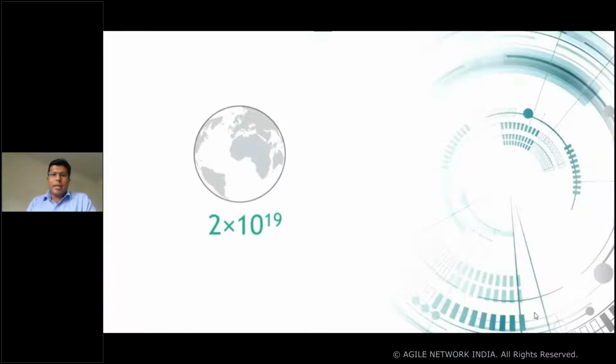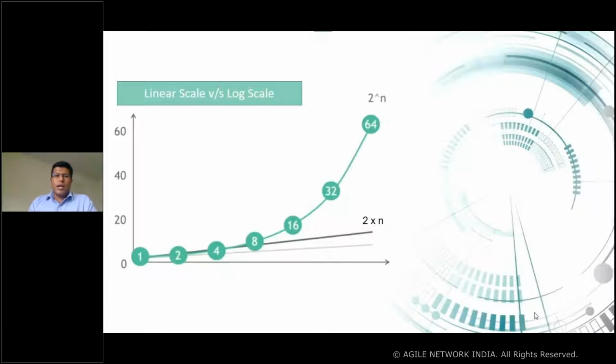But what is happening is that the human mind is thinking on a linear scale. We are accustomed to a linear scale, right? So we have one, then we have two, three. So this is linear. Here what was happening was it was going 1, 2, 4, 8. It's basically an exponential or logarithmic scale. So this is the difference between linear scale and log scale. When we say 2 into n or a into n, it's basically linear, and this is an exponential scale. Now how is this